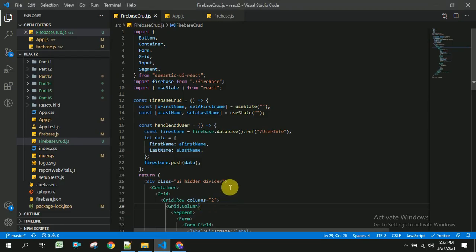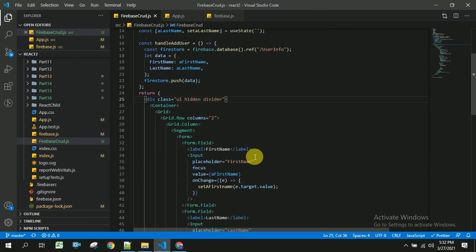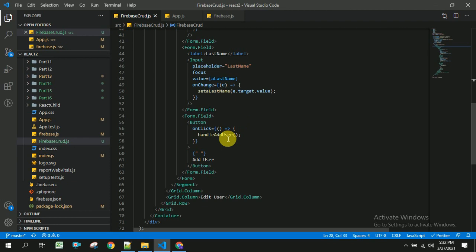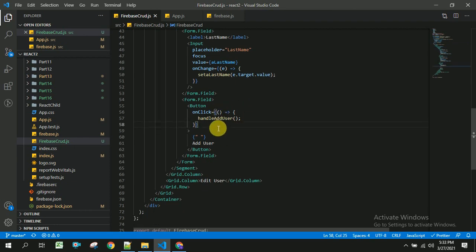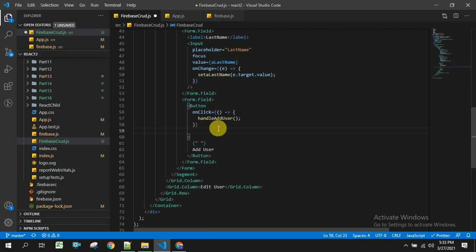Now the next thing we are going to create is getting the data from the Firebase database. Before this, I am going to apply some style to this button, called positive, in order to show it as green.